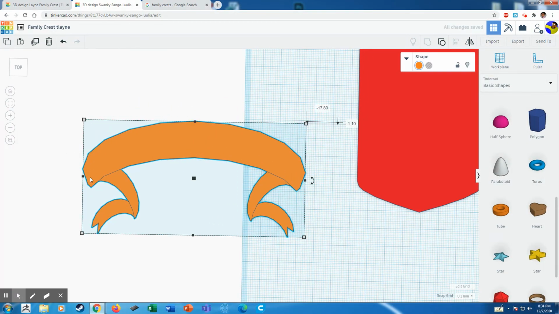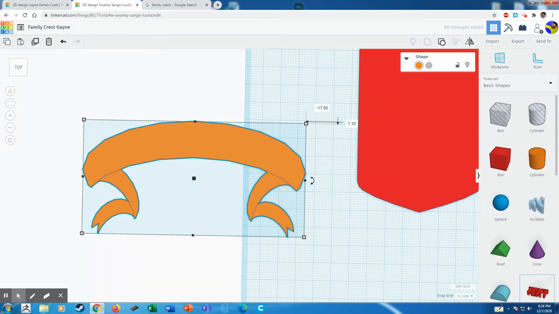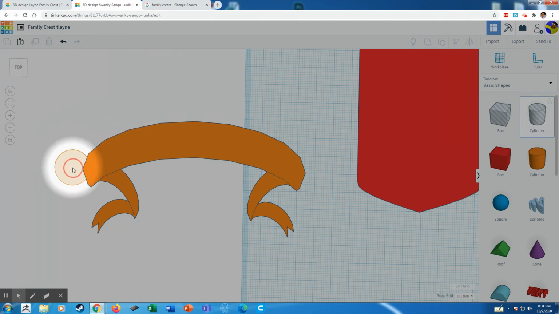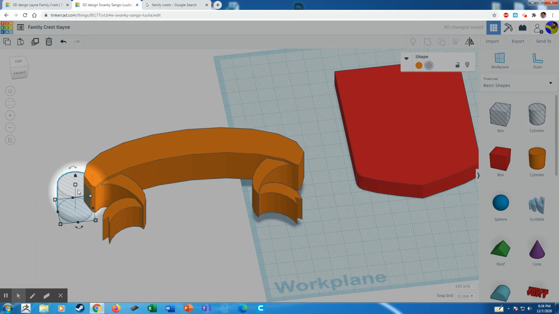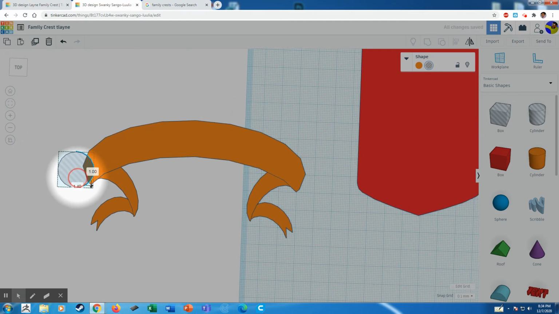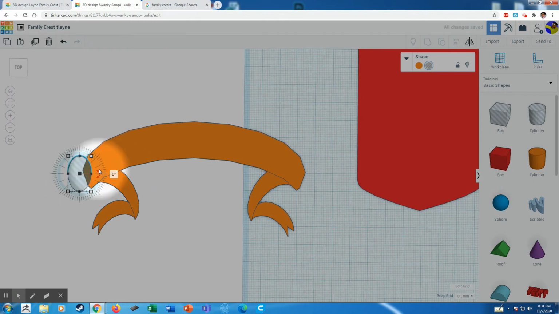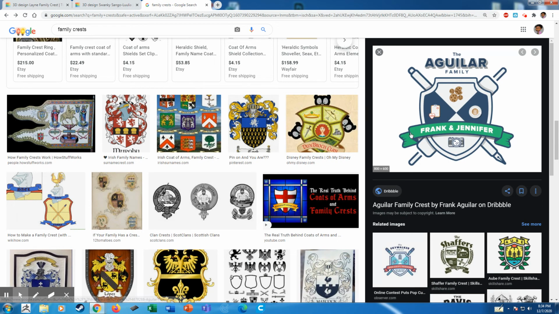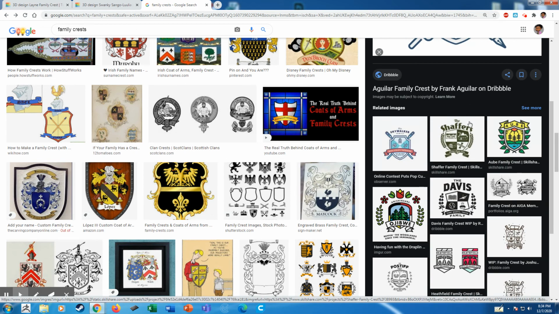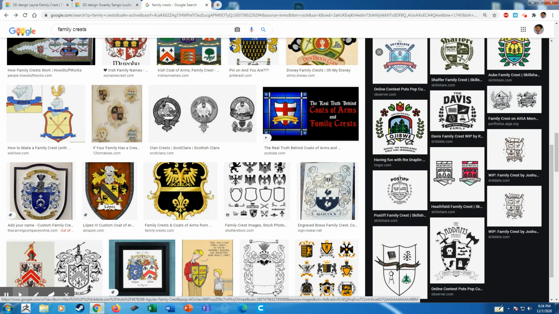However, if you really want to sell the look of a banner, we're going to get one more shape, which is this cylinder. And I'm going to take this and move this here. And the reason why I'm going to move this here and make sure it's tall enough to cut through the whole thing is because when I was doing this, I realized, actually I'm going to squish this just to add something to it. When I was doing this, I realized that while the banner is good, it needed that curve. Well, this one doesn't have a curve, but there's usually a banner too with curves. A lot of these are straight. I saw a banner that had a curved side,